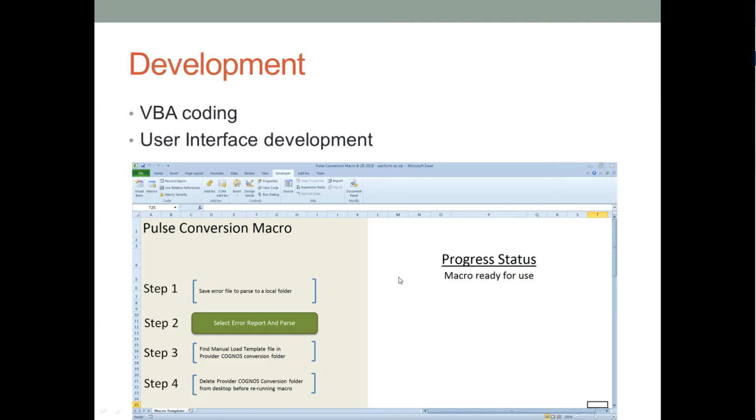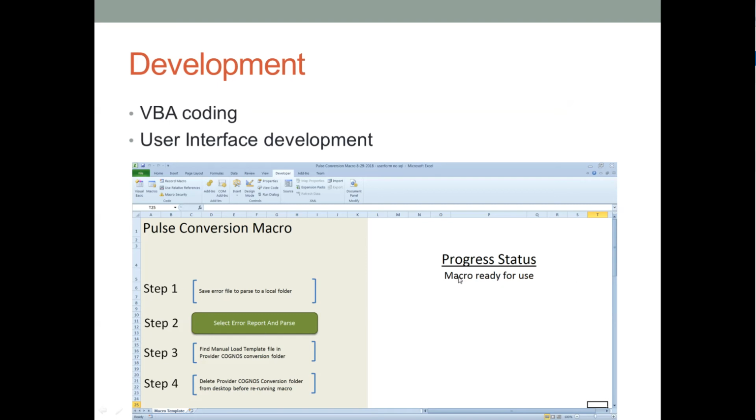And so what you're going to want to do is design a user interface for them. And typically what we do is we create this in a new worksheet in the workbook, and then you can have some fun graphic designing. And this is my favorite part of creating macros, because you get to have a little bit of fun showing them the steps, creating buttons for them, and then having